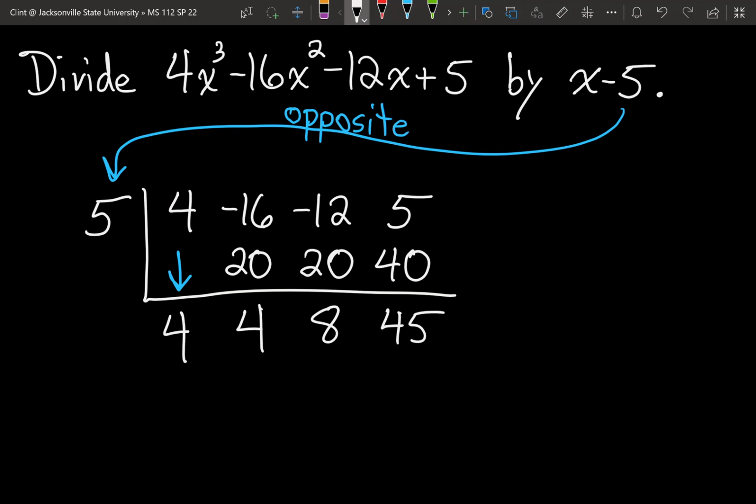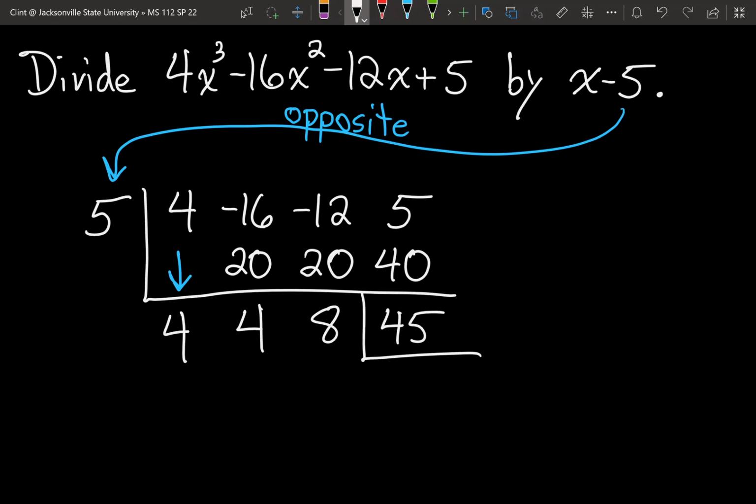And we're finished. Sometimes you'll see people put another little box underneath that last column, because this number we end up with in this last spot is our remainder, if we have one. If we don't have a remainder, we'll get a 0 there. So we're done with the division,